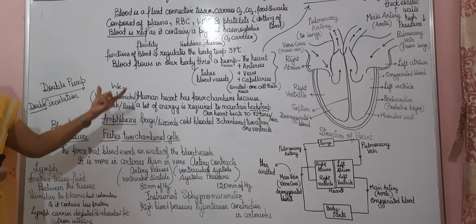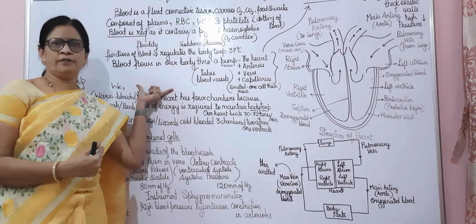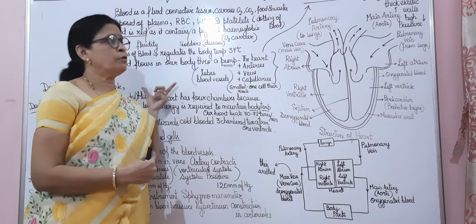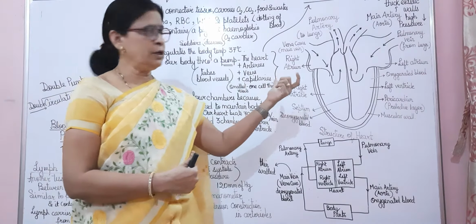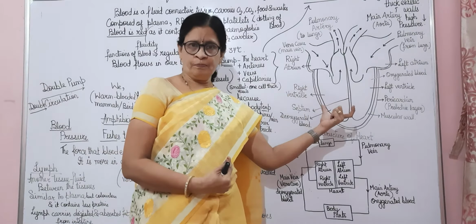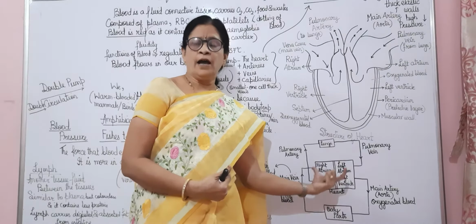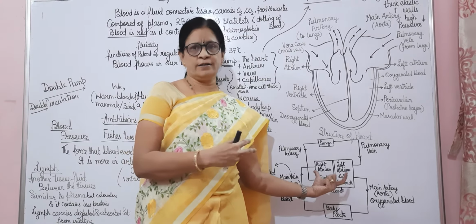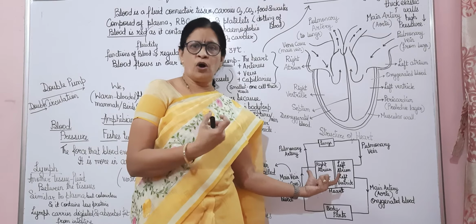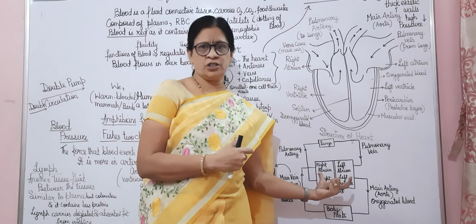Okay, so this is all about the transportation of blood in our body, which is done with the help of the human circulatory system. Remember children, you should be able to draw the diagram of the heart and also the diagram to show how the blood is transported between the body, the heart and the lungs, and the difference between the oxygenated and the deoxygenated blood.